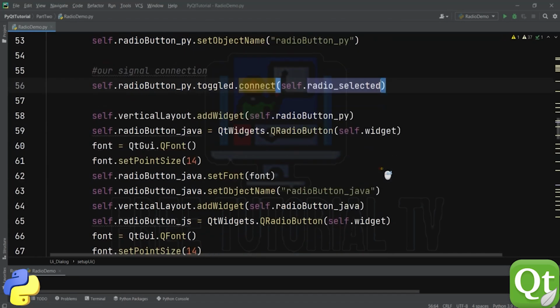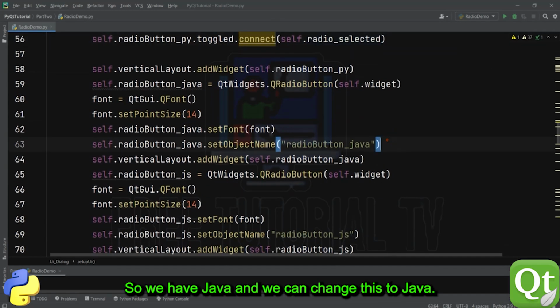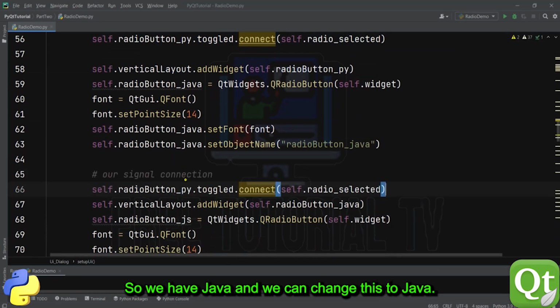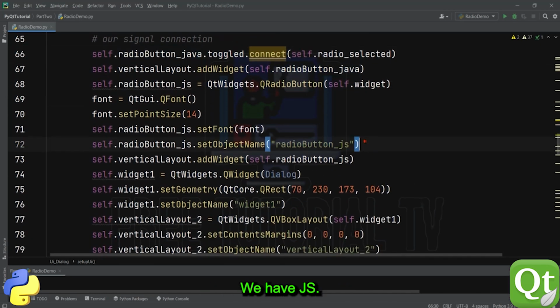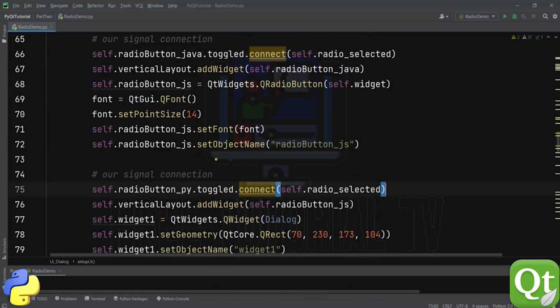Let's copy this comment also. So we have Java, and we can change this to Java, and let's come down. We have JS,